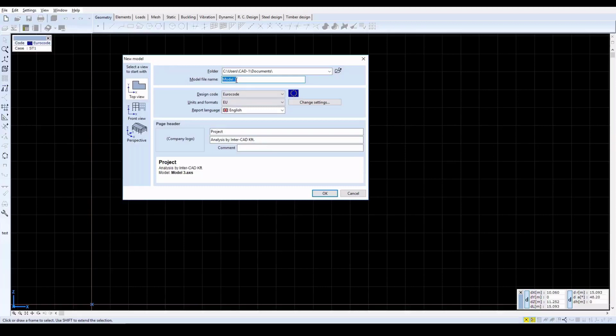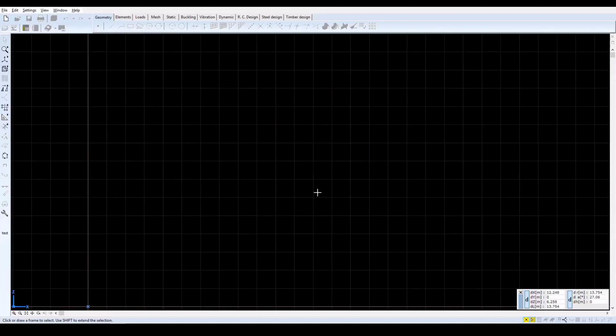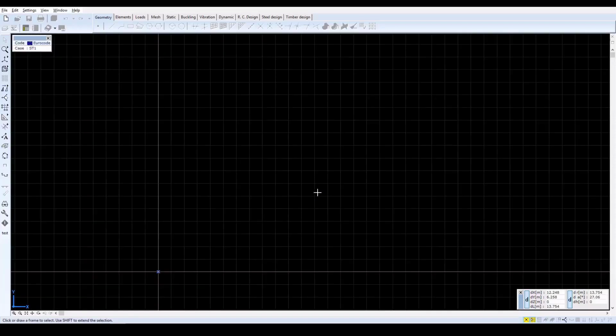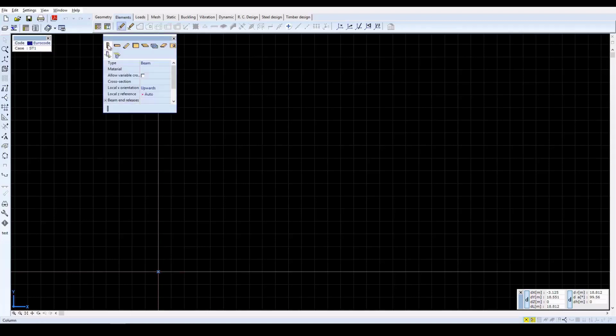Set the model file name to frame, select Eurocode from the design codes, and set the units and formats to EU. The geometry of the frame will be created using the editing tools. This can be done in several different ways, but in this example, we will be using the Draw Objects Directly function. To first create the columns, click on the Draw Objects Directly icon on the Elements tab, and then select